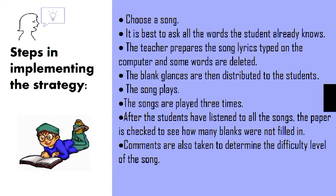And the teacher prepares the song lyrics typed on the computer and some words are deleted. The words that we removed were mostly function words such as determiners, pronouns, auxiliary verbs, and quantifiers as well as some body words which they understood well. The next, the blank lines are then distributed to the students